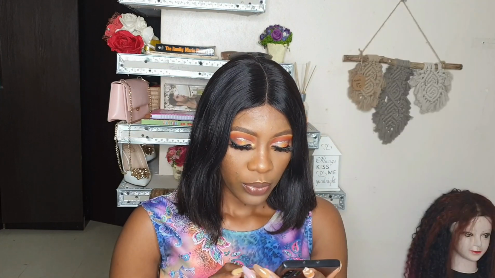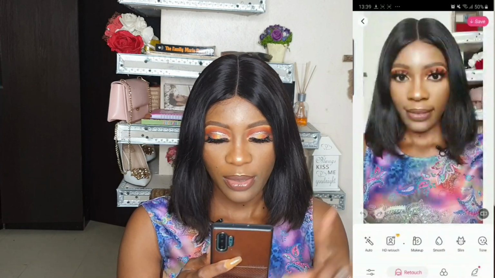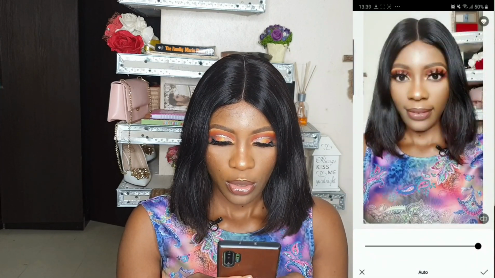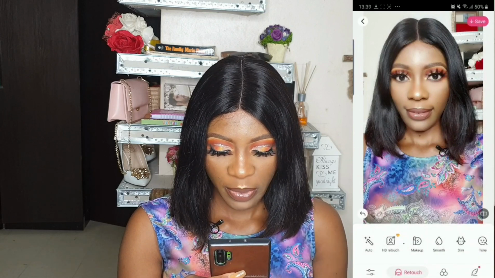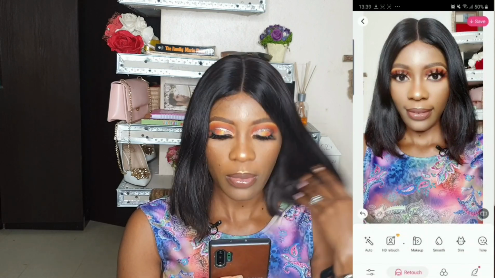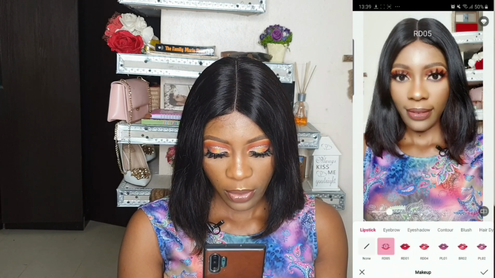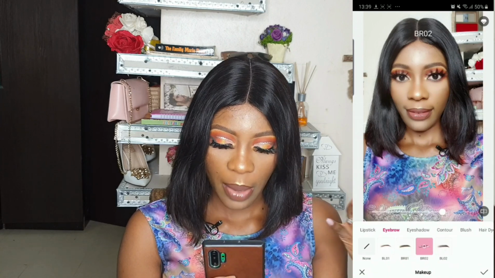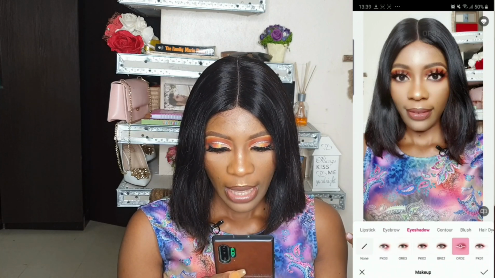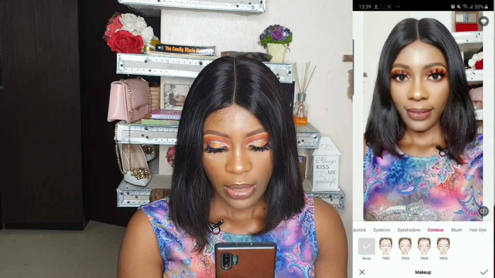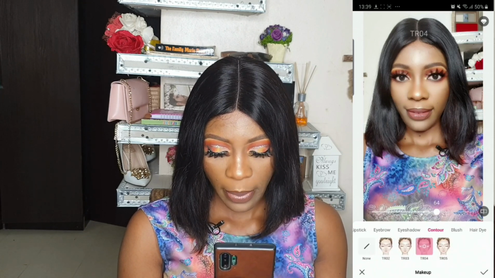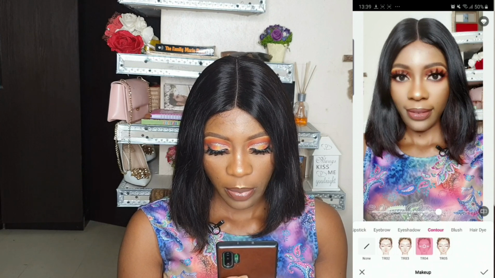Okay, so let's edit. This is the front camera, when I use my front camera to snap. So I first of all went to auto. It has given me a filter of what I want, but you know me, I like being a bit more extra. So I went back, went to the lips, I did the eyebrow to pop out, I did the eyeshadow to pop out, I did the contour to pop out, then the blush,